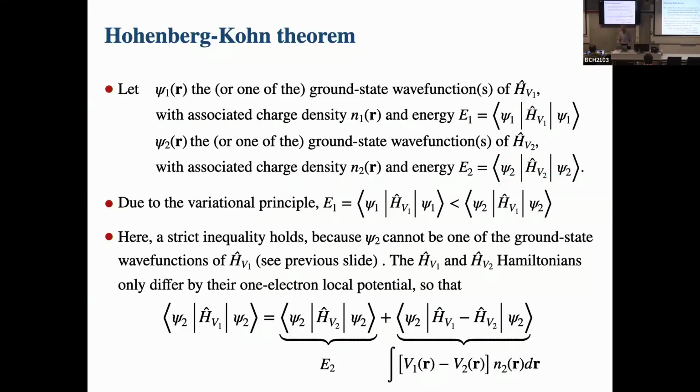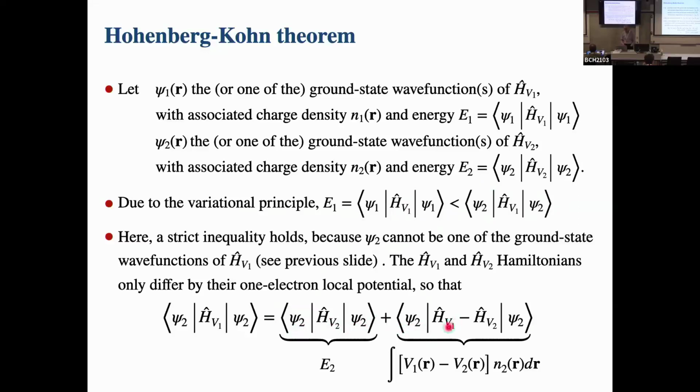Okay, so in particular, if I put psi2 in the first one, we have that psi1, HV1, psi1 is strictly smaller than this one, because psi2 is not the ground state of the other one. Okay, they are different. So I can rewrite this one here, psi2, HV1, psi2, as psi2, HV2, psi2,